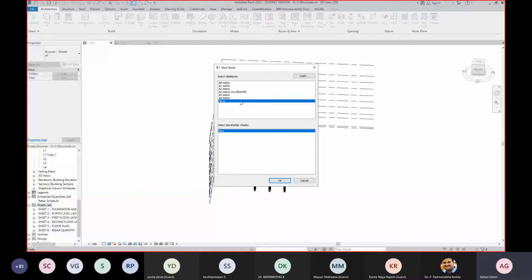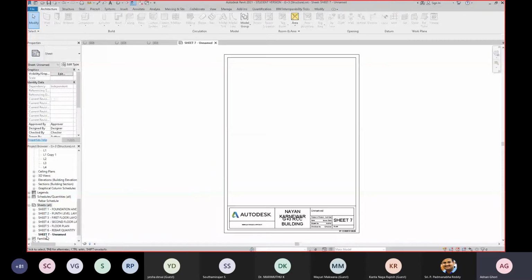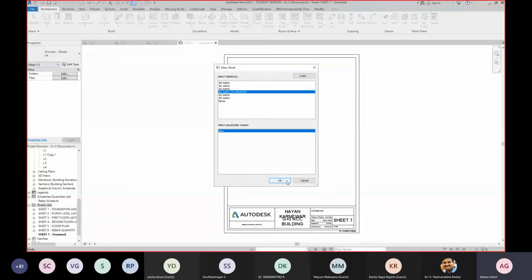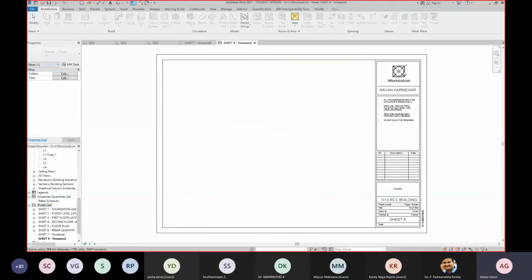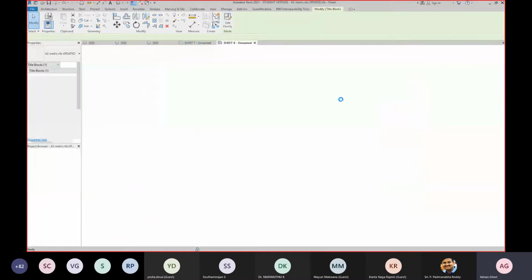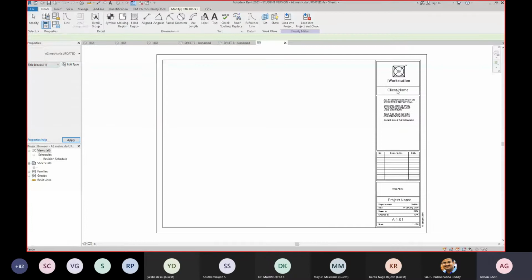You can see here that Sheet 7 with a name is being given here. This is a different size of sheet. If I open a new sheet and click on updated, you get a different kind and size of sheet altogether. So what is this sheet? This sheet is basically a family. When I click over it, it will show you that this is a family, right? You can edit and manipulate anything over here. Currently, that particular student of mine has put down his name over here as a class.